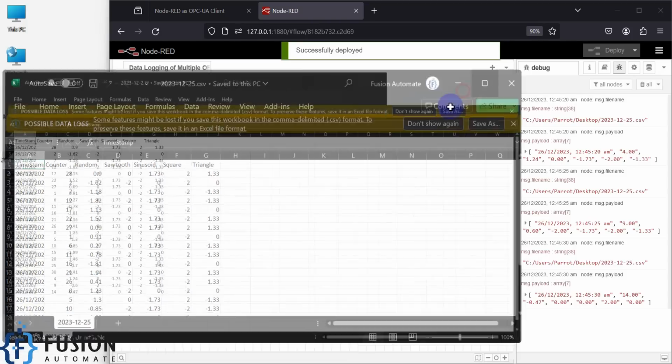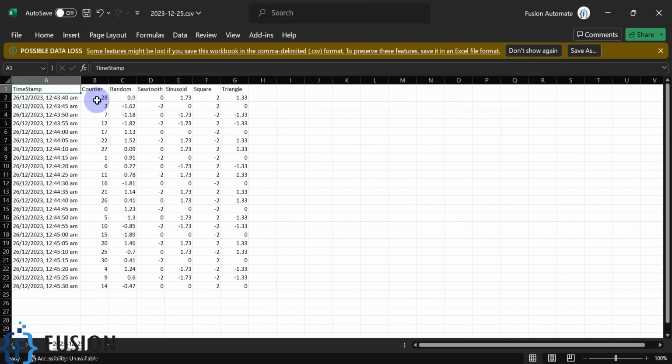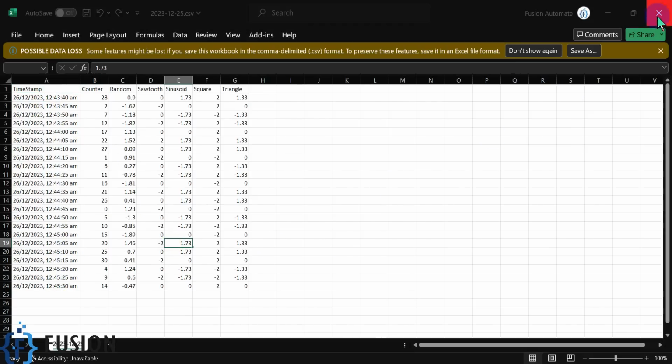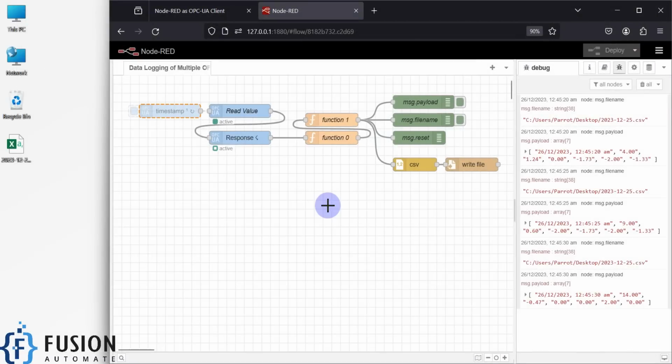You can see timestamp and our data. Okay, so it will log our data seamlessly without any problem or without any issue at every 5 seconds. Okay, so I hope this thing is clear,